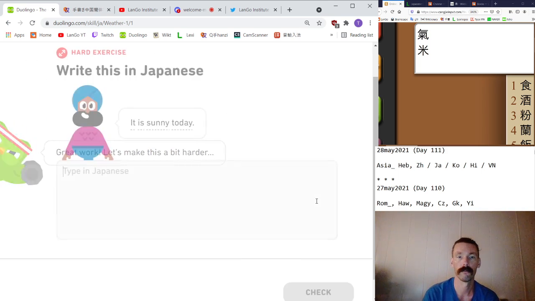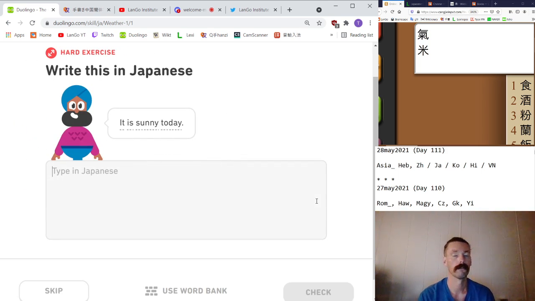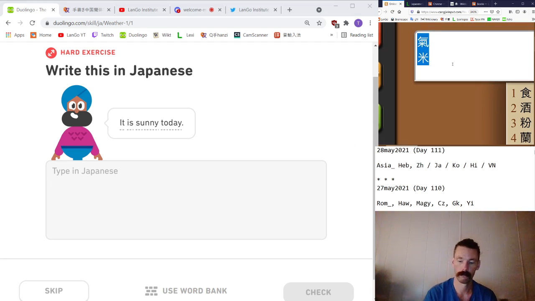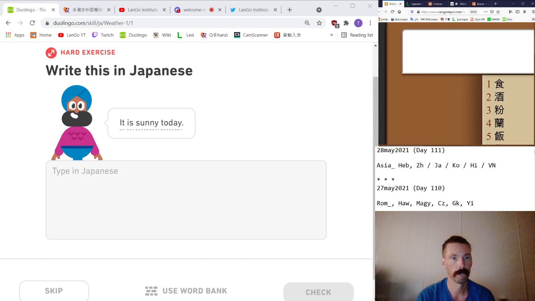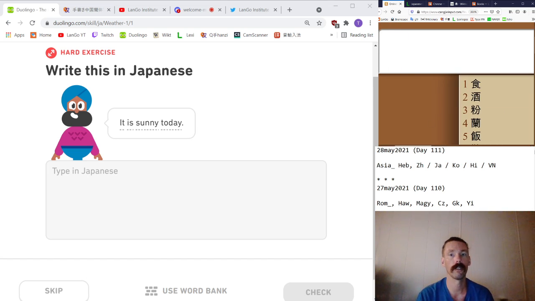Yokumo wa. So interesting. I didn't know that was another function of mo. So I guess it's just that we have a negative nai that it does that. Yep. That's right. There's no negative polarity item like we have in English. Okay, how are we going to say in Japanese? It is sunny today.